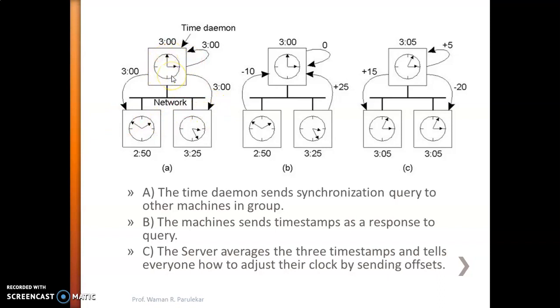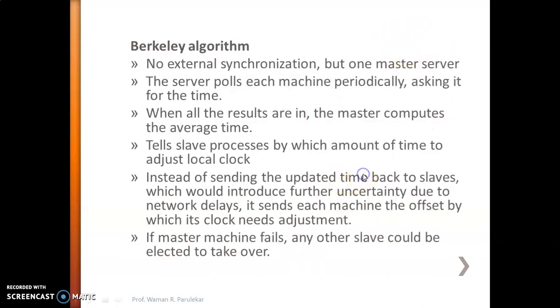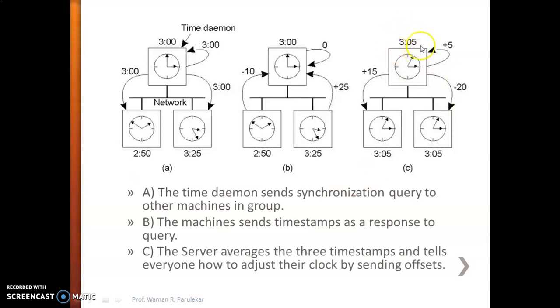How it will calculate the average? Its own time plus these two slaves, it will do addition and divided by 3. That is the average, and that average will be calculated by the server machine, and in this case it's 3:05. After calculation of this average time, server will send offset message. That can be a plus minus offset value, it will send to the slaves.